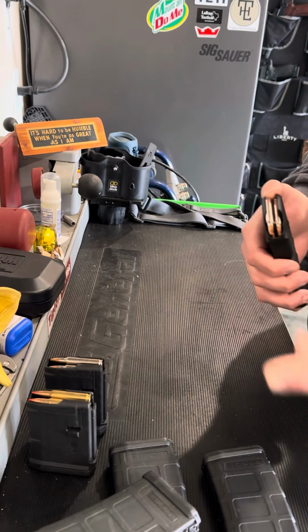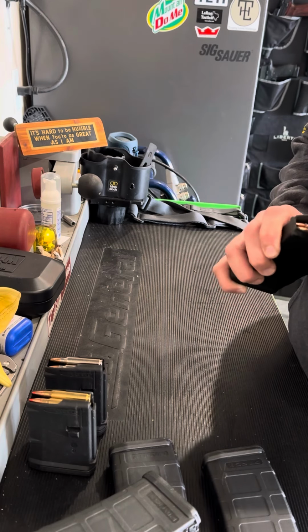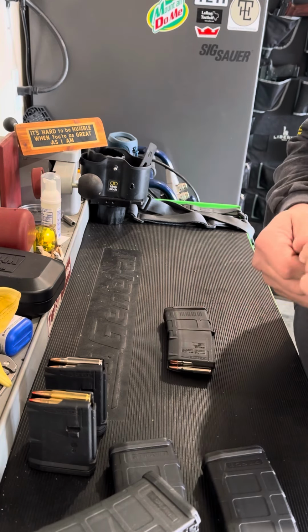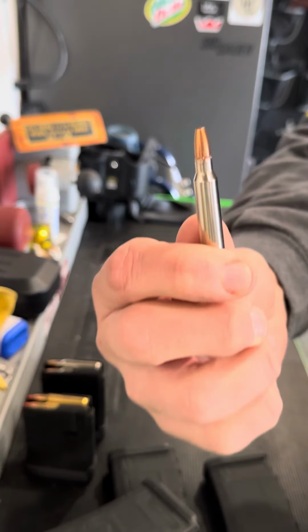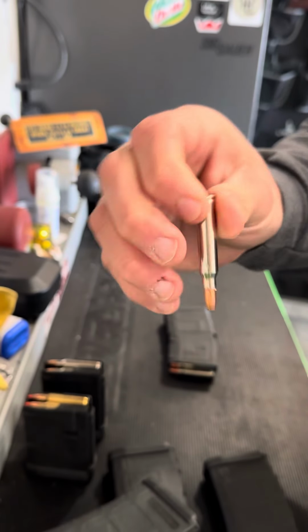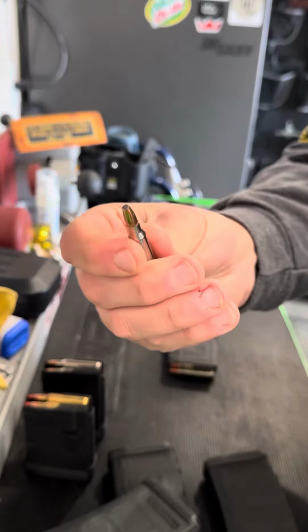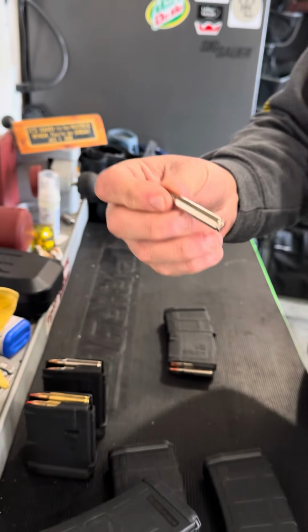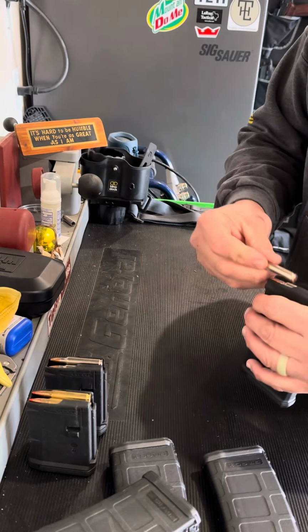But on to my most favorite 223 Remington hunting bullet. By far and away, my most favorite load to hunt anything with a 223 bigger than a varmint is this guy right here. And this is the 64 grain Spear Gold Dot. Now, if you're very familiar with spears and gold dots, you'll find out very quickly, they are the law enforcement supreme,